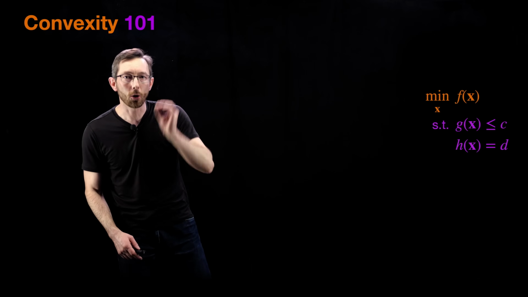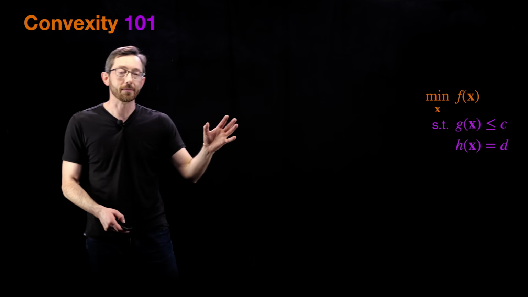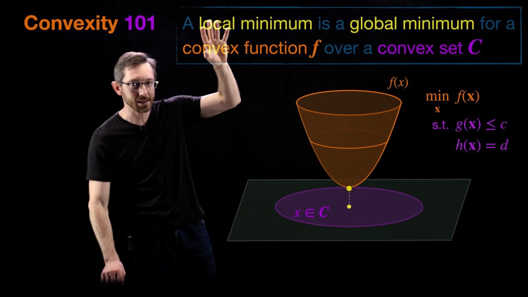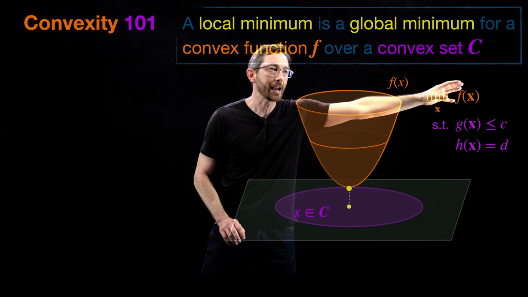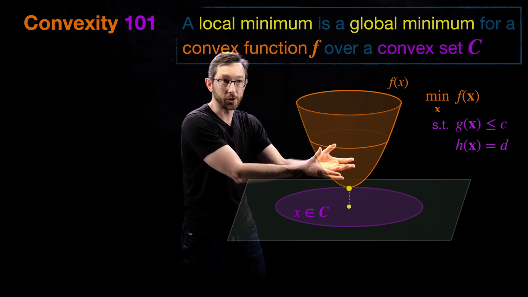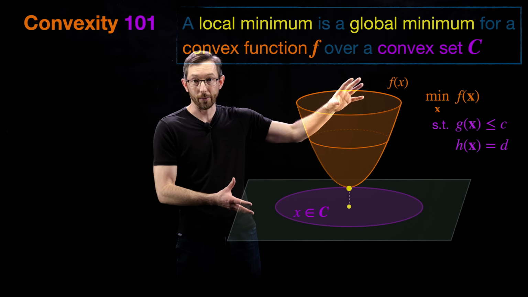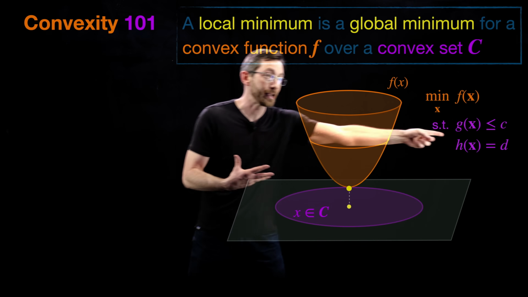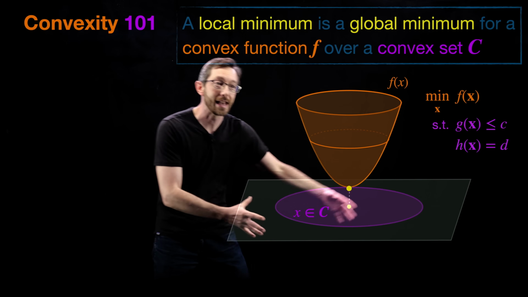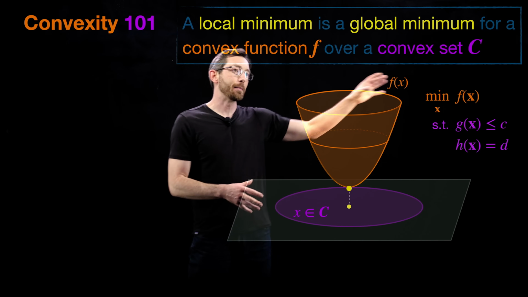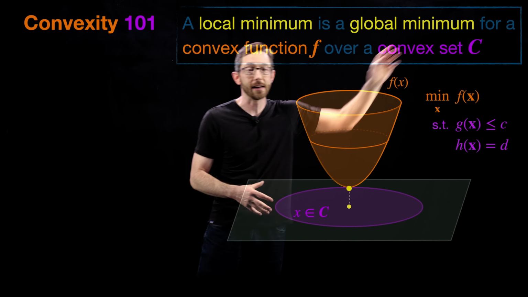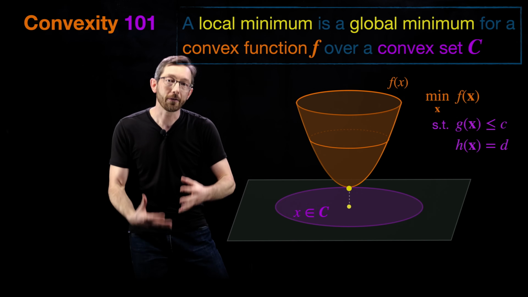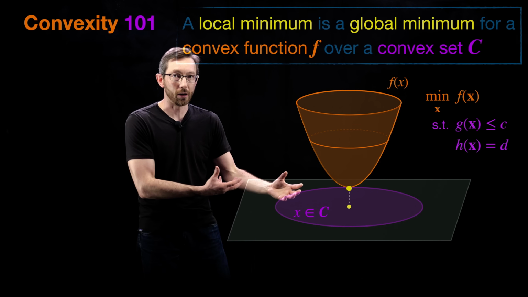And we have a cornerstone result of convex optimization theory that this is a big deal. If my objective function f is a convex function, like this kind of paraboloid, and if the set of feasible x's that satisfy these constraint equations is a convex set C, so if my function f is convex and my set of feasible points C is also convex, then I have what is called a convex optimization problem,